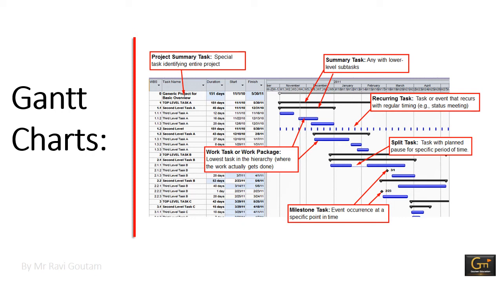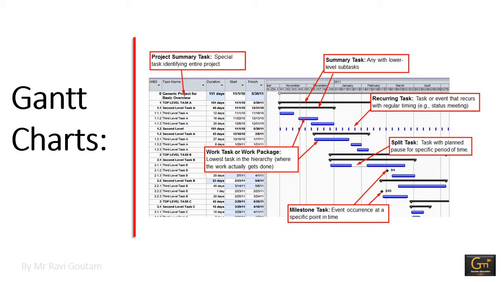Gantt charts are derived from your work breakdown structure. We have already studied the work breakdown structure. The development of a project plan is predicated on having a clear and detailed understanding of both the tasks involved and the estimated length of time each task will take, the dependency between those tasks and the sequence in which those tasks have to be performed. Additionally, resource availability must be determined in order to assign the appropriate worker.